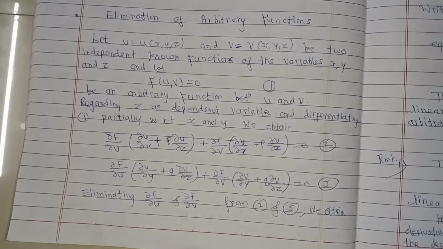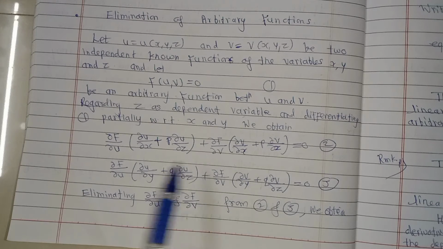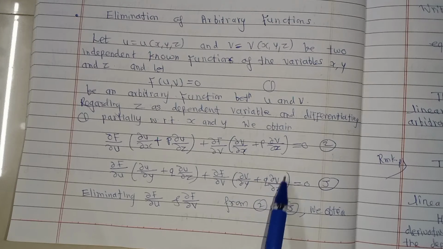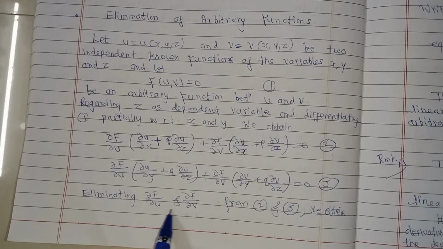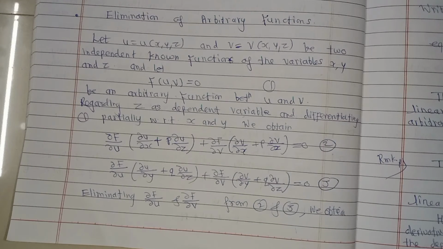And we get, differentiating with respect to y, ∂f/∂u (∂u/∂y + q ∂u/∂z) + ∂f/∂v (∂v/∂y + q ∂v/∂z) = 0. We denote this as equation number 3. Eliminating ∂f/∂u and ∂f/∂v from these equations 2 and 3, we get